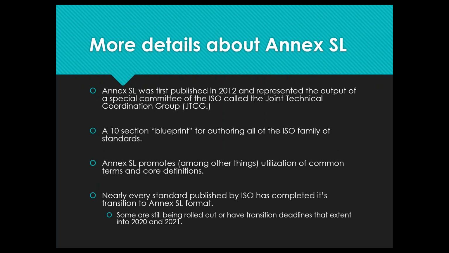Now, when Annex SL was first published back in 2012, it was written by the Joint Technical Coordination Group. And what this group did, they wrote a 10-section blueprint for authoring the ISO family of standards. Annex SL was written to provide common terms, core definitions, and a harmonious structure, so